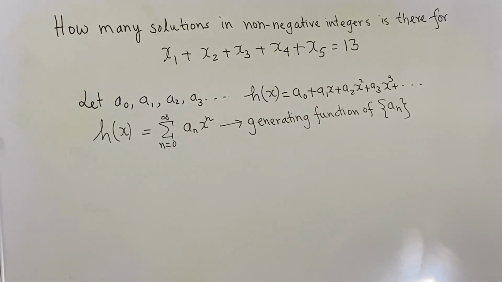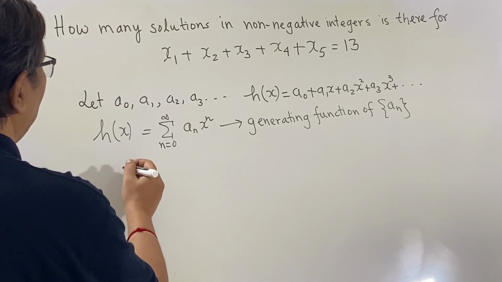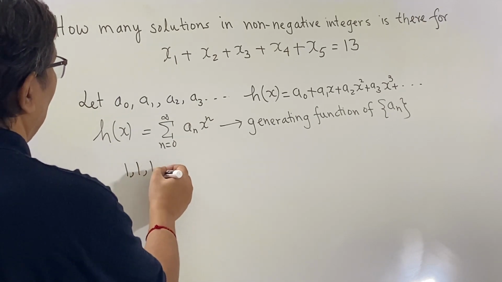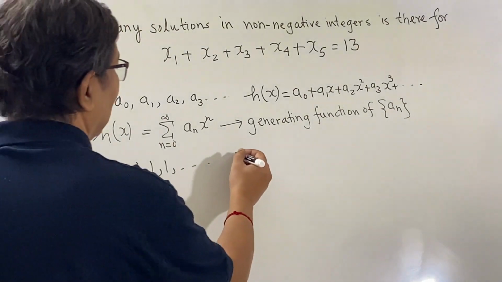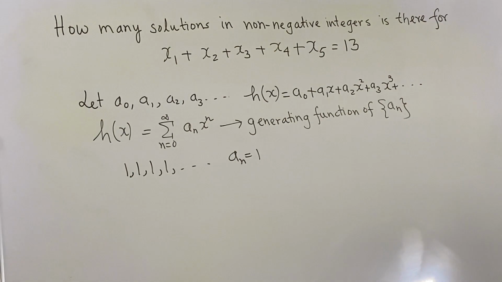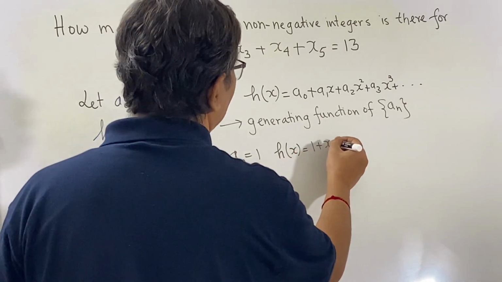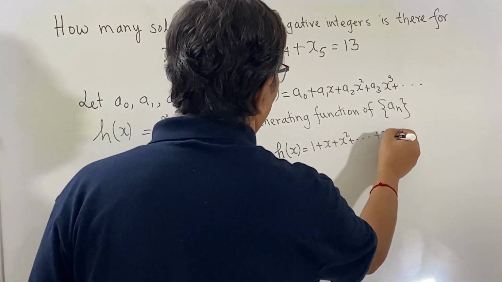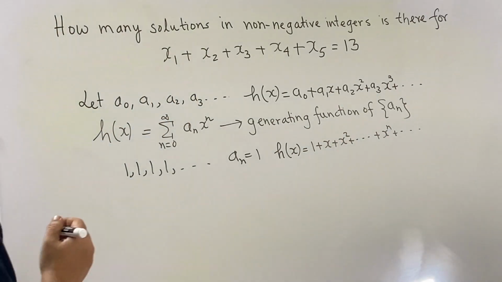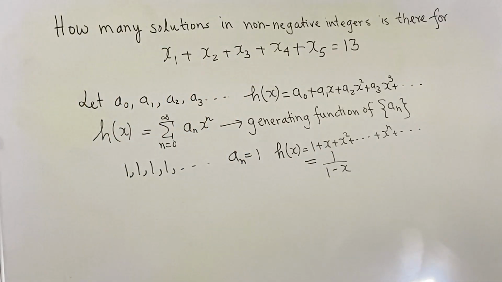Now, how can we use this for this particular problem? For that, we use the generating function of the sequence 1, 1, 1, etc. Or in other words, a_n is equal to 1 for all n. Now, what is the generating function of this? H(x) is 1 plus x plus x squared, up to x to the power n, etc. So, this is 1 divided by 1 minus x by using the formula for the sum of an infinite geometric